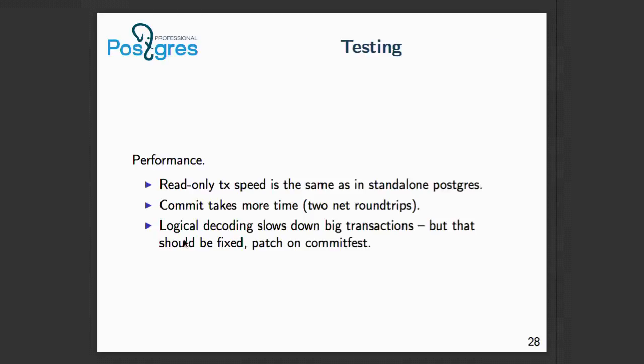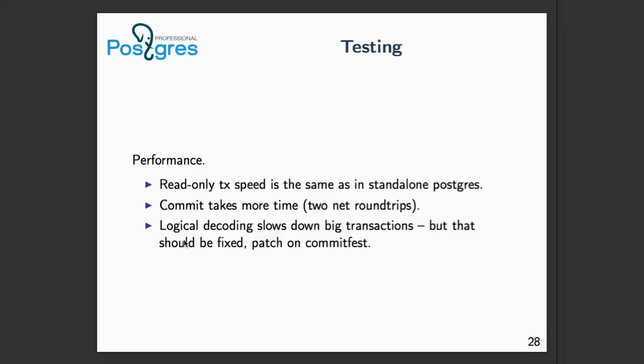Inside one data center, that can be more or less the same performance as a standalone Postgres for both reads and writes. But when you start replication between nodes that are geographically distributed, it becomes worse and worse, because commit latency is increased. Also some issues with logical decoding itself,